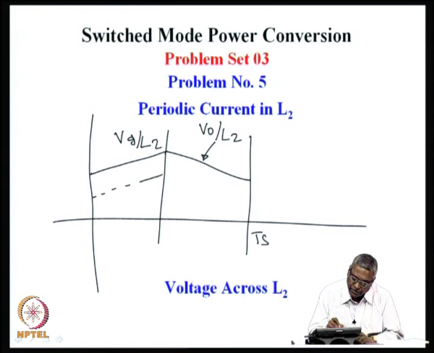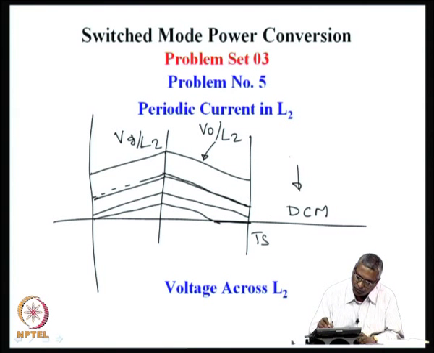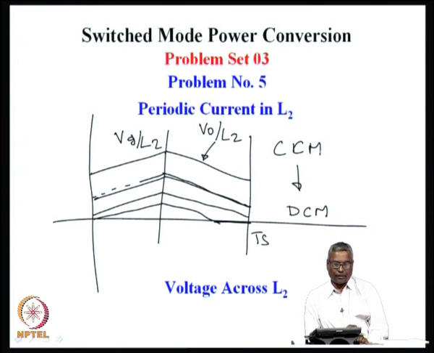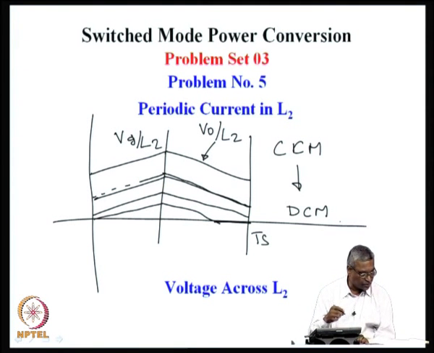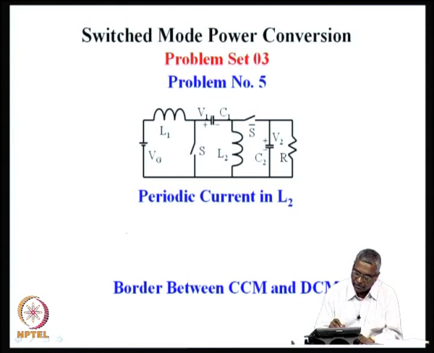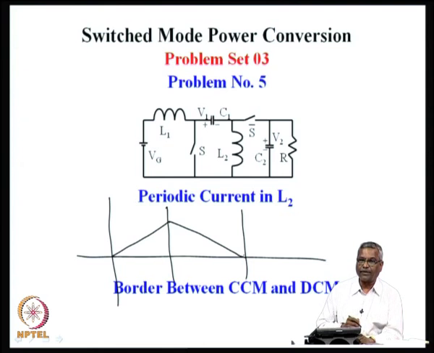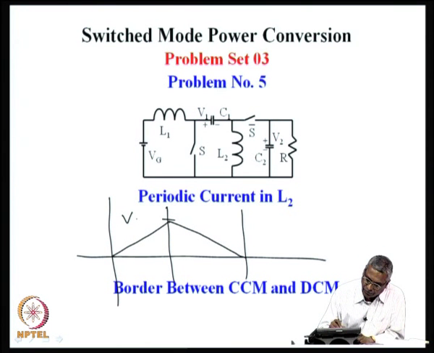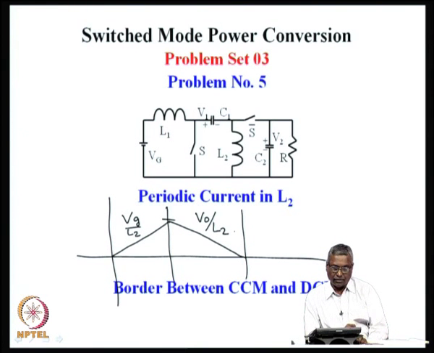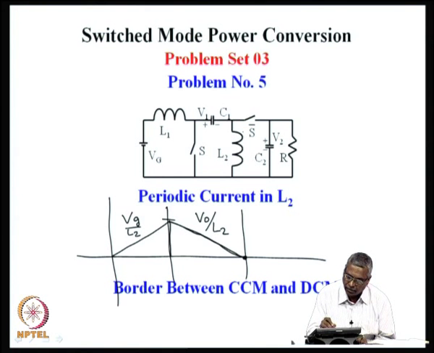Now, if the load is decreased in the converter, this current will keep dropping and eventually it will reach discontinuous conduction. As the current keeps coming down, eventually the converter goes into discontinuous conduction mode. So, in the discontinuous conduction mode or on the border between the continuous conduction and discontinuous conduction, you will find that the rise in the inductor current and fall in the inductor current, Vg by L2 and V0 by L2, finally it will reach 0 condition, and the output average current, the inductor current during S bar only is contributing